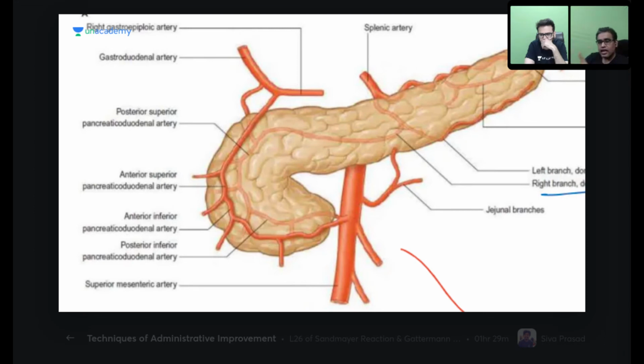Okay, so this was your arterial supply. I repeat again, there is the anterior arcade and a posterior arcade. And few things also remember: dorsal pancreatic artery, inferior pancreatic, magna, caudalis, and these arterial arcades. Now, this organ coming from the foregut-midgut junction is supplied by the celiac trunk and superior mesenteric artery. Okay. Next slide, we can see the venous drainage also.